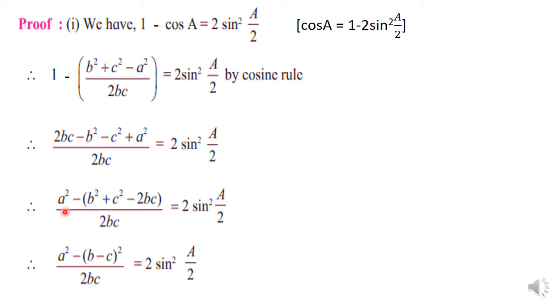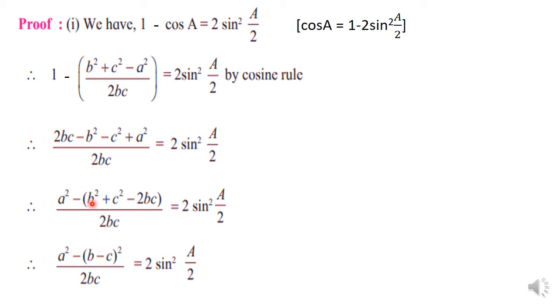RHS remains the same. Then in the next step, what has been done? Now the a square has a positive sign. So a square is written initially. A minus sign is put outside the bracket and these three terms are grouped together. The terms containing b and c are grouped together. So we get b square plus c square minus 2bc upon 2bc. Observe, when we group the terms together, we put them under a common bracket and put a minus sign outside. The signs inside are changing. So minus is becoming now plus and plus is now becoming minus. Again, RHS remains the same.